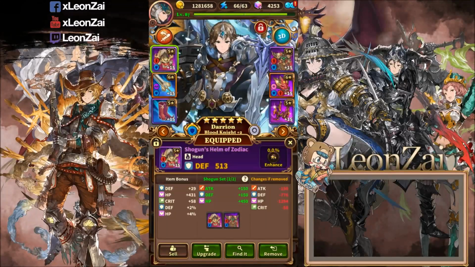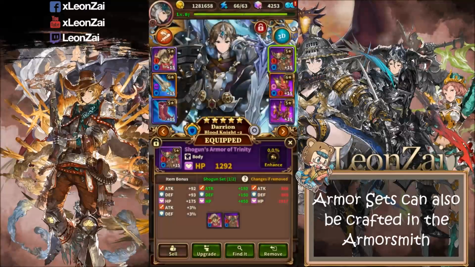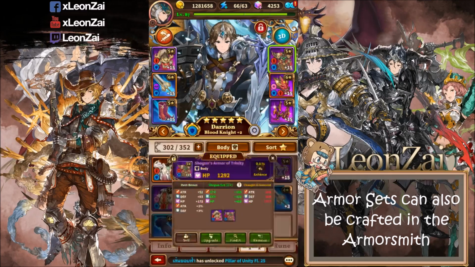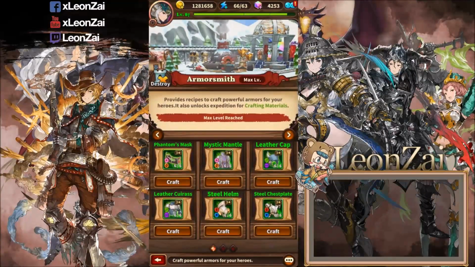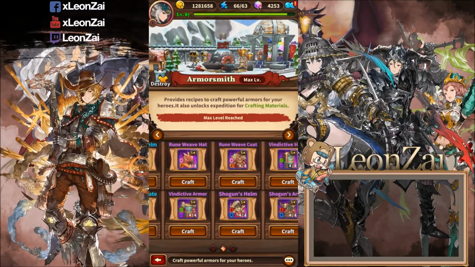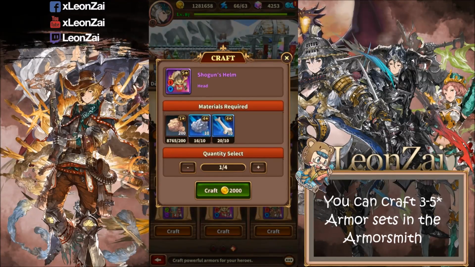Okay, so you may be thinking, what is this helmet and this chest? Alright, this is also a 2 set. If you click on it, it's actually craftable in the armor smith. That's why when I talked to you guys about my weapon and armor smith buildings in my building video, alright, so the armor smith, you can actually craft 5-star items inside your armor smith, as you can